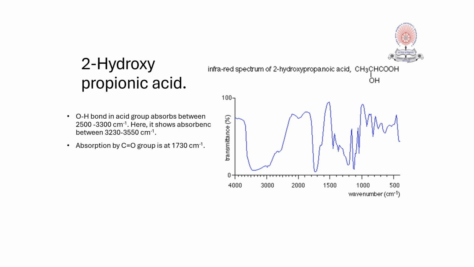Here we can see the infrared spectrum of 2-hydroxypropanoic acid. As per the structure, the spectrum is generated because IR spectroscopy, FTIR spectroscopy, is a type of vibrational spectroscopy. Depending upon the vibration of bonds, the spectrum is generated. So here, by looking at this data, it can be inferred that the sample is